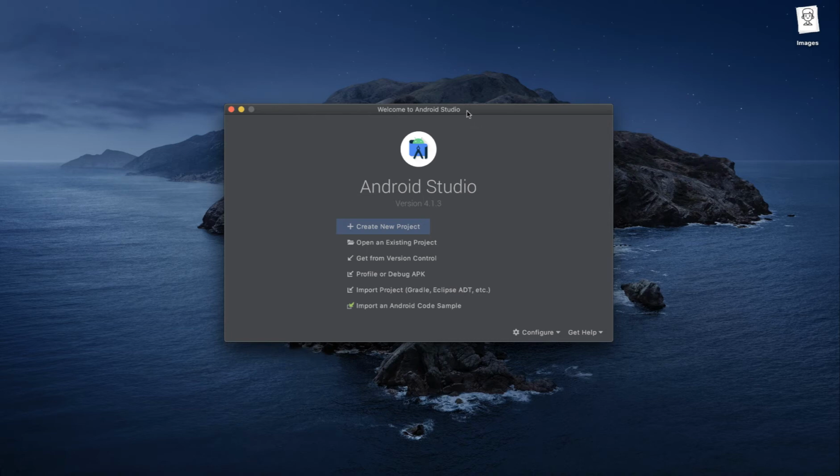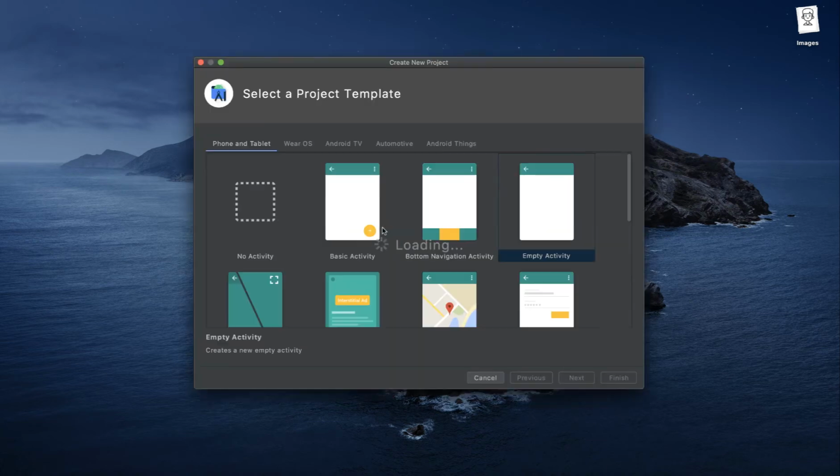So in this video we will be doing the layout of the application by creating a new application and also creating the layout of the whole screen. So let's get started. First open your Android Studio and then click on create new project